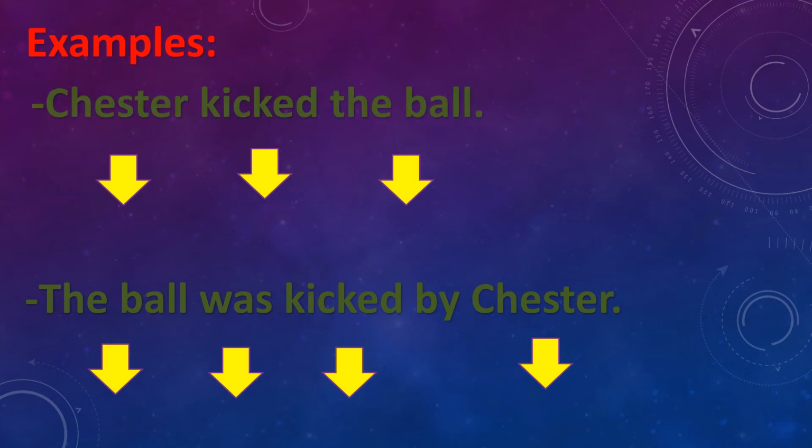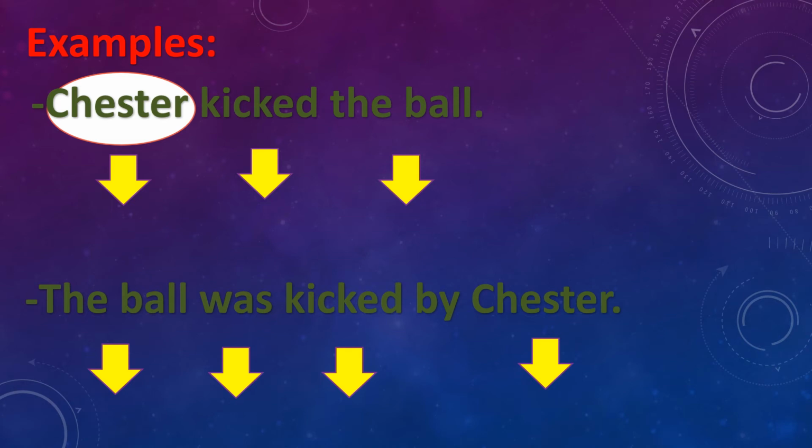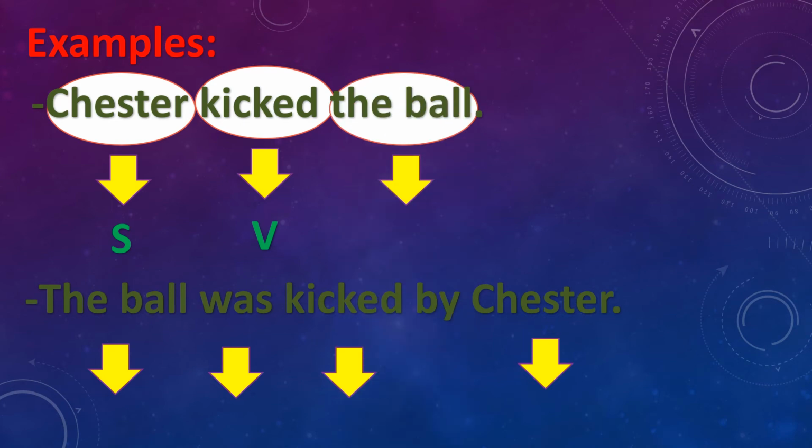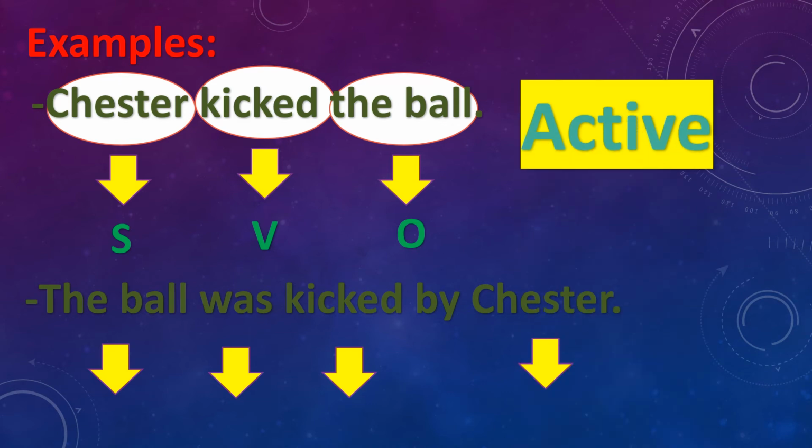Chester kicked the ball. Again, Chester kicked the ball. Let's analyze this sentence. We have Chester. Who kicked the ball? Chester. So Chester here is the doer of the action. So Chester here is the subject. And after that we have kicked. Kicked here is the verb, the action, and the ball here is the object because it receives the action, which is the kicking. So we have SVO, subject, verb, object. We started with the subject and we know the doer of the action well, so this is an active voice